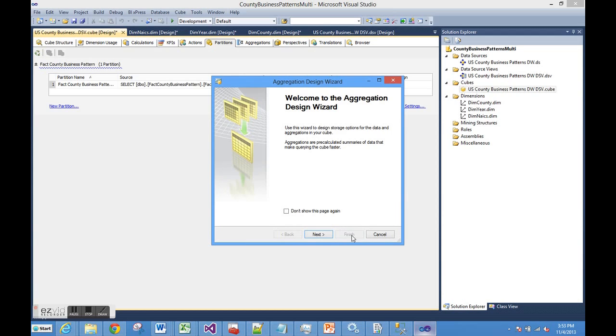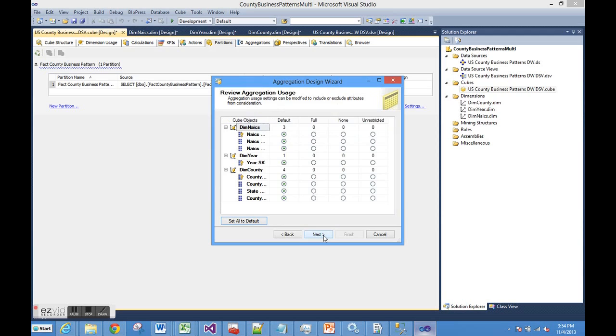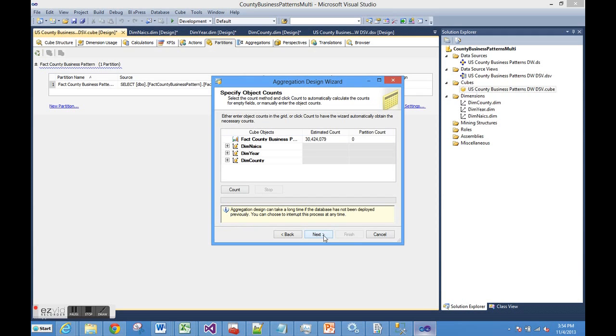That's the option we selected here, and it is how we are going to aggregate this partition. We are going to select one of those options here, and aggregation usage we can leave as defaults,